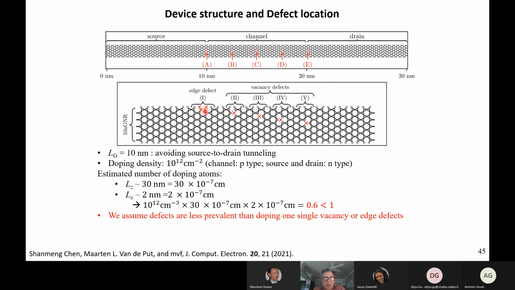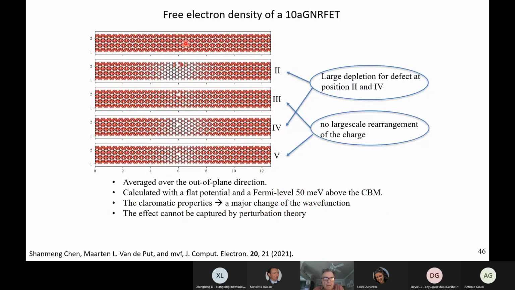But at the edge, if you remember the argument that I gave you about the Clar sextets, the happy sextets, the fact that each of these hexagons can be happy, meaning that each carbon atom has a double bond with the next one, so you have 3 double bonds in each sextet or not, and the topological arguments why the band gap changes according to 3 families of width: all the ribbons whose width is a multiple of 3, a multiple of 3 plus 1, or plus 2. You have these 3 families. So you can expect quite a significant change, and indeed, depending on where the defect is,